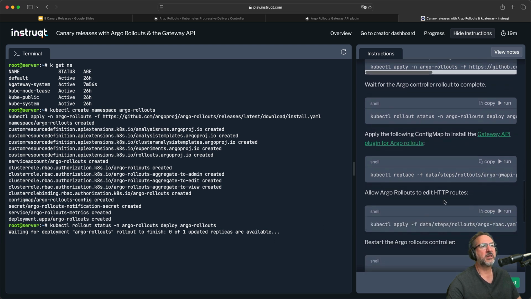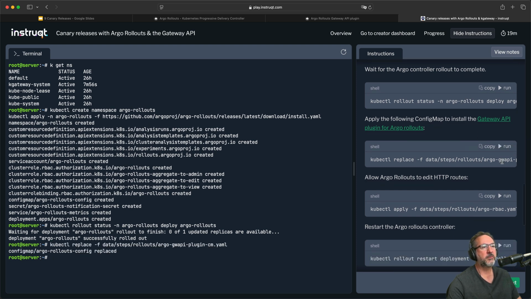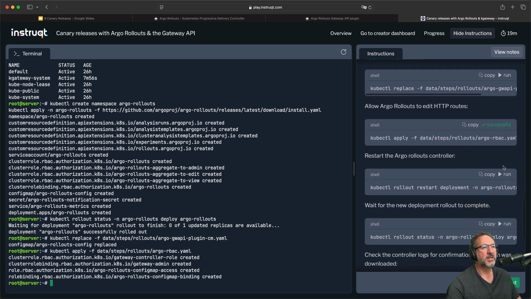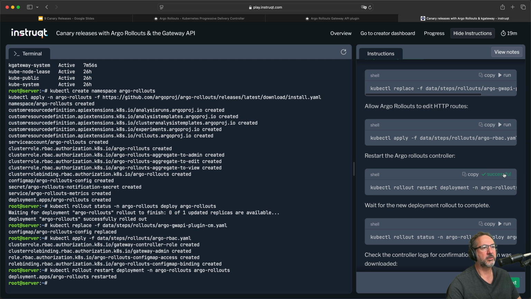So once it's ready, what's interesting is we have to install the Gateway API plugin for Argo Rollouts that supports doing Argo Rollouts in terms of the Gateway API. And so what we actually do is replace the config map that's associated with the controller with one that specifies the plugin. We also have to apply some RBAC to predominantly give Argo permission to edit HTTP routes, as we've said before. And then we have to restart that Argo Rollouts deployment, or that controller needs to be